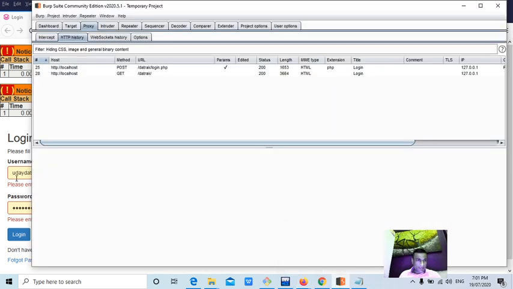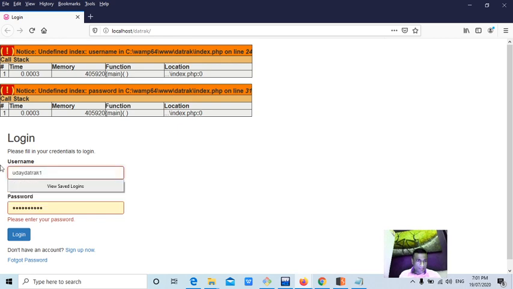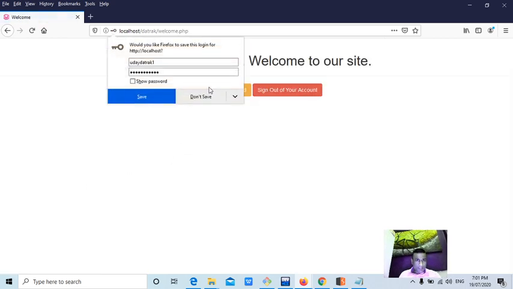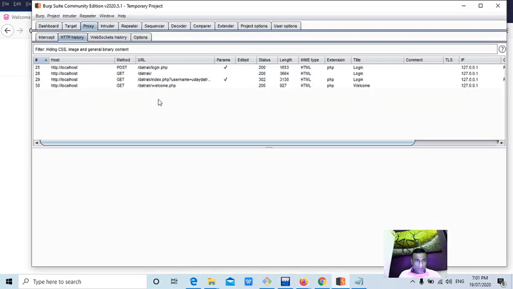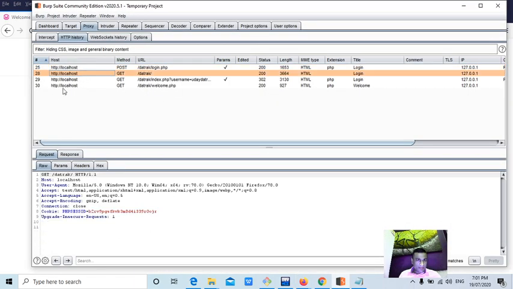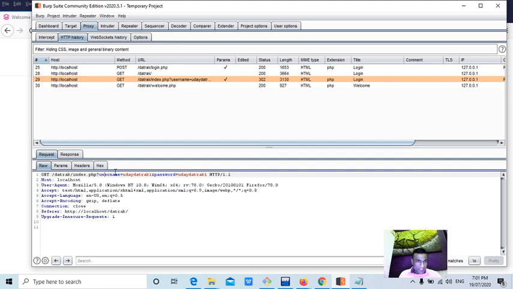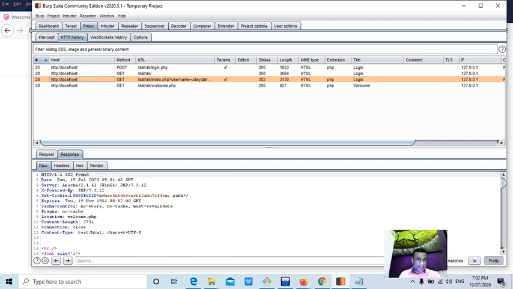Okay, 28, right? After 28 what will be the request? Yes. Now the first two requests were there earlier. Now for this request I am sending the username and password, and at the same time I cleared the cookies in the browser. So definitely it should set the session ID, guys.